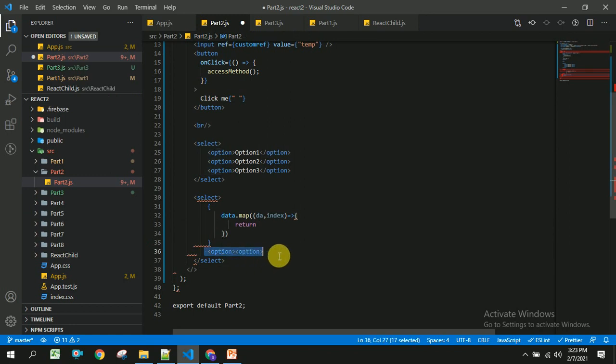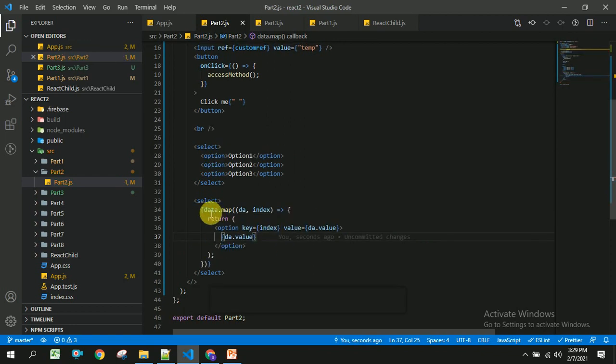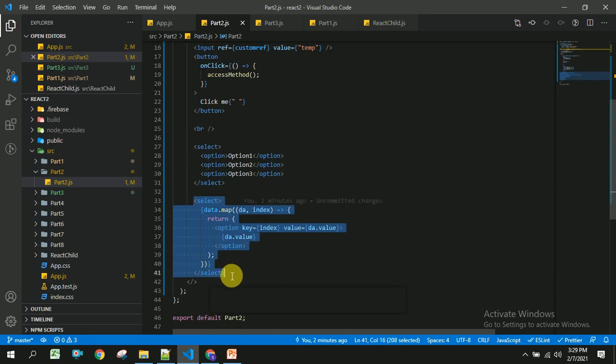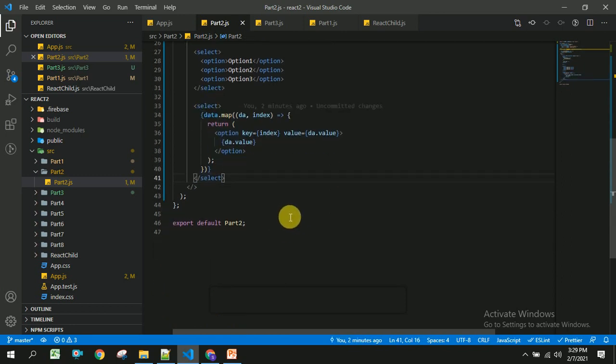Now I am going to return these options with key as index, and I am going to render this value, and value equal to value. So we are getting some issue here. I have changed some syntax, and in this way we can bind the data to the dropdown select. Let us check whether it's working or not in the browser.